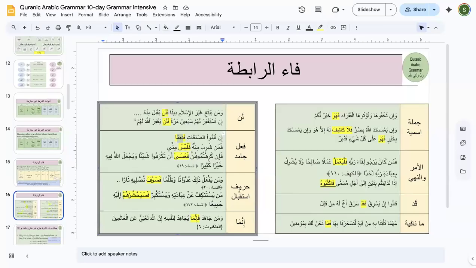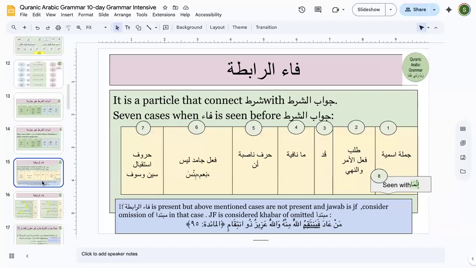The next few examples I hope are pretty straightforward, and I can move forward. Type one, if it's clear to all of you that if any of the situations is there, if you have these 8 cases, you remember, you will find your fa'u rabita only and only at that time. Now in here, man ada fayantaqimullahu minhu wallahu azizun zuntiqam. So in here, man ada, whoever he returns,